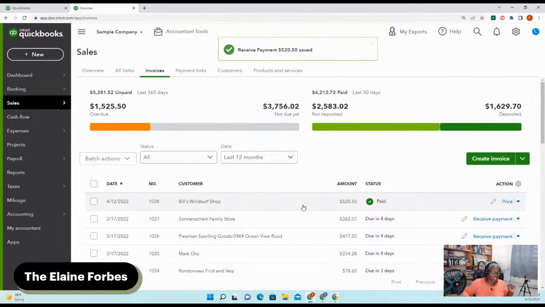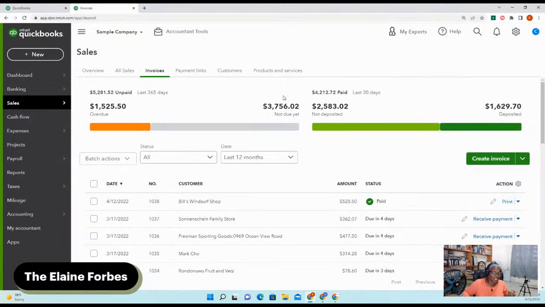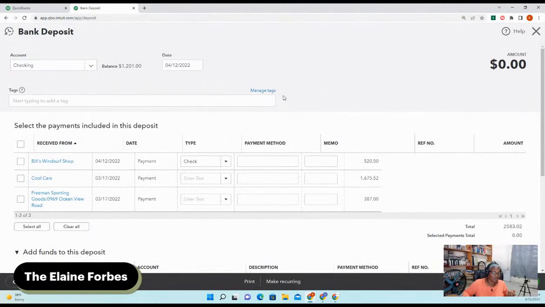So now the invoice is showing as paid, right? But that money is in your drawer, and you want to now deposit that money. You want to take that money to the bank and deposit it. The old way that we normally do is we write up a deposit ticket. So we still want to do a deposit ticket to show that we deposited the money in the bank. You can go right here to new, and right here where it says bank deposit,